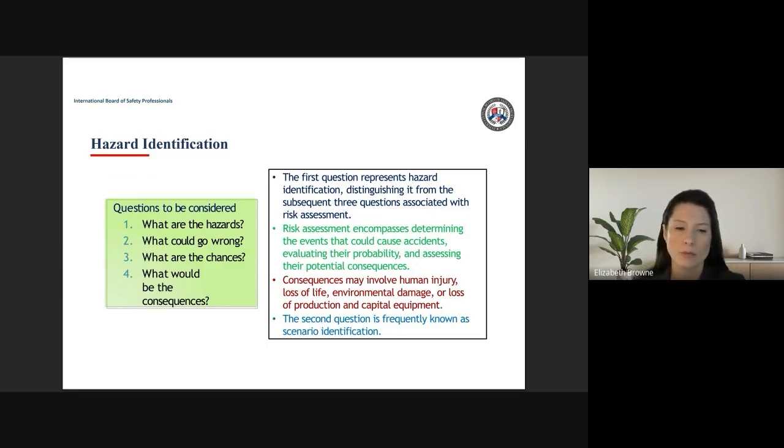And then what is the probability or the chance of that occurring? So those are some scenarios that we look at in terms of this matrix of what is the probability of it occurring and what is the consequence that it would occur. So when we look at that matrix,